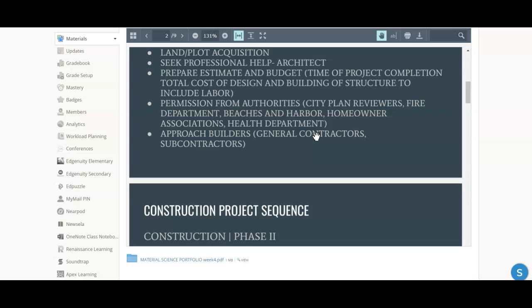And sometimes they can't do it all. Say they don't know how to do plumbing or electrical or mechanical, where they're installing air conditioning ducts and stuff. Let's say they don't know how to do that. They can hire other contractors to do that as a supplement to them not being able to do it, and those are called subcontractors. They'll fill in the gaps where the general contractor doesn't know how to do something or is not an expert in